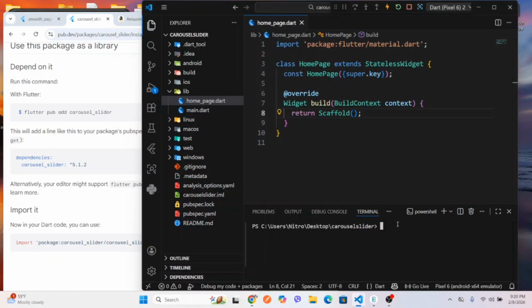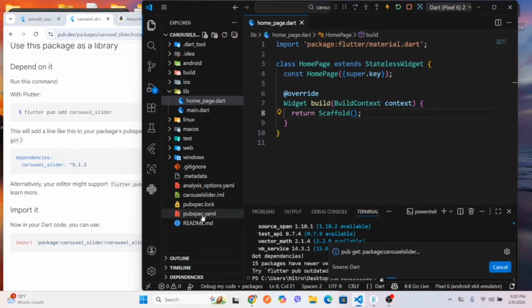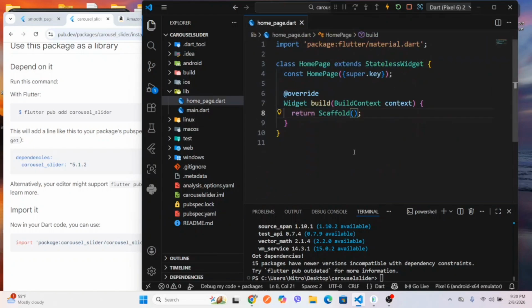Okay, now let's add the Flutter bloc package also. Run this command flutter pub add flutter_bloc. Okay, now if you open up this pubspec.yaml file, as you can see, this new package has been added to our Flutter project. Okay,